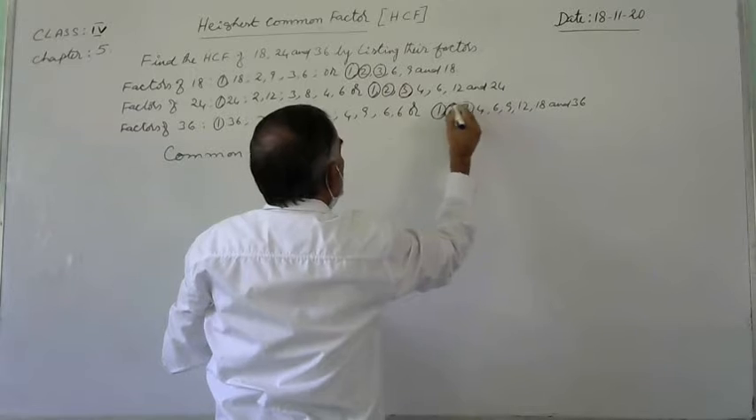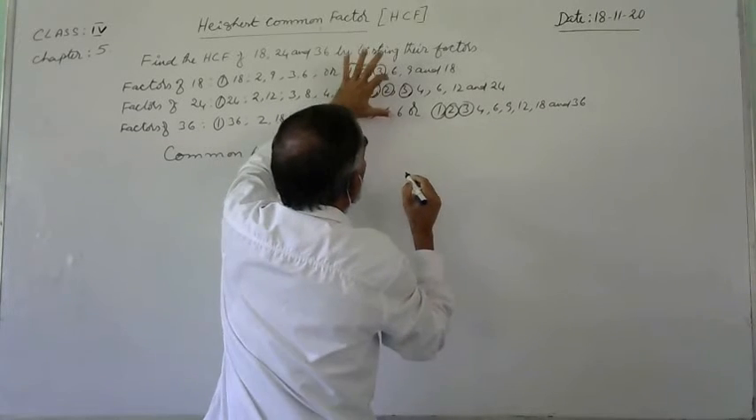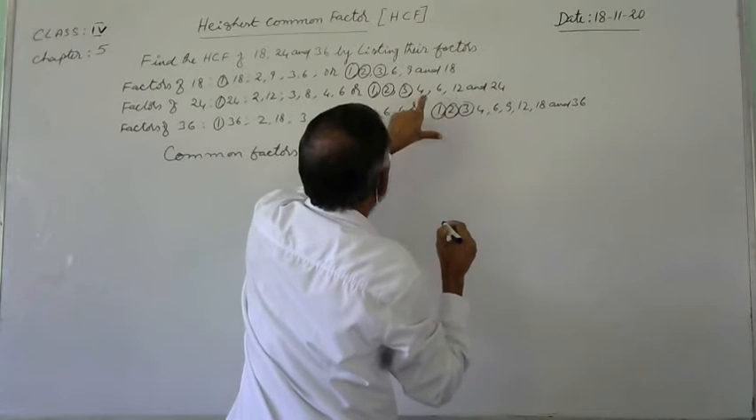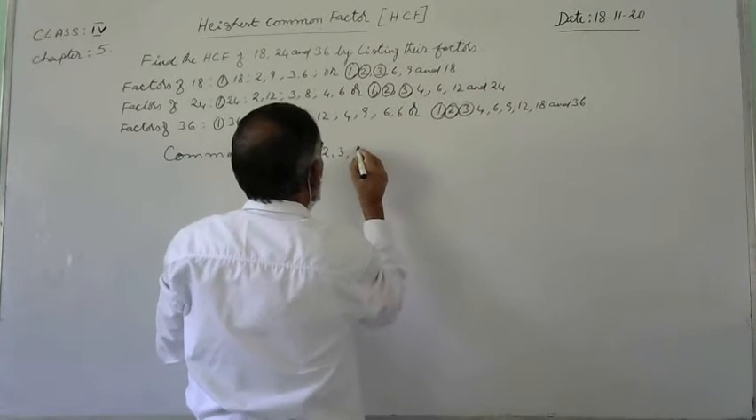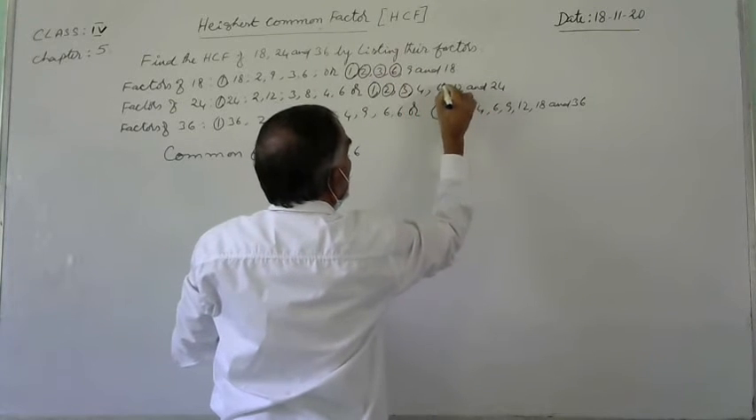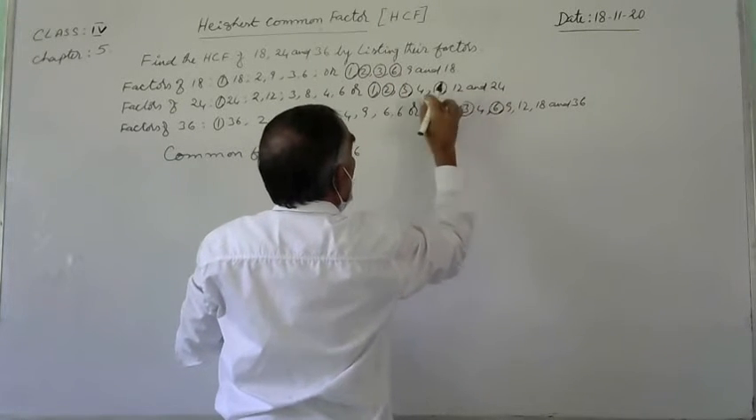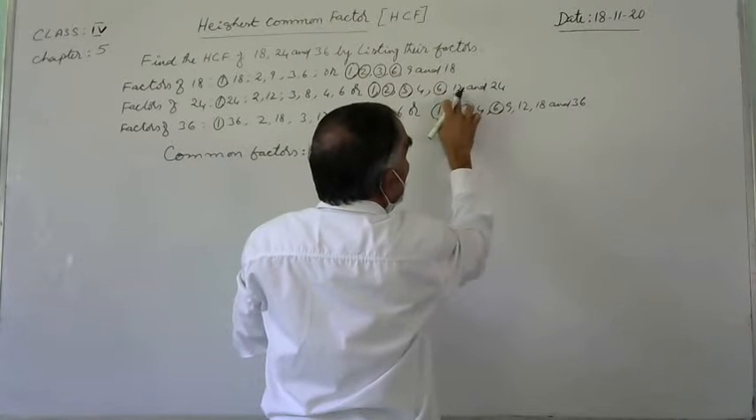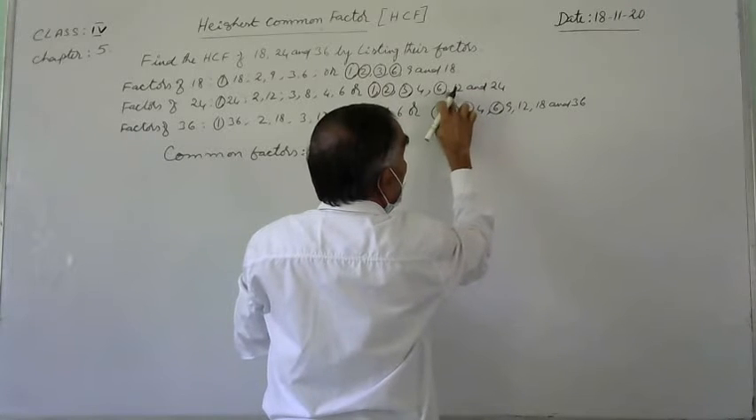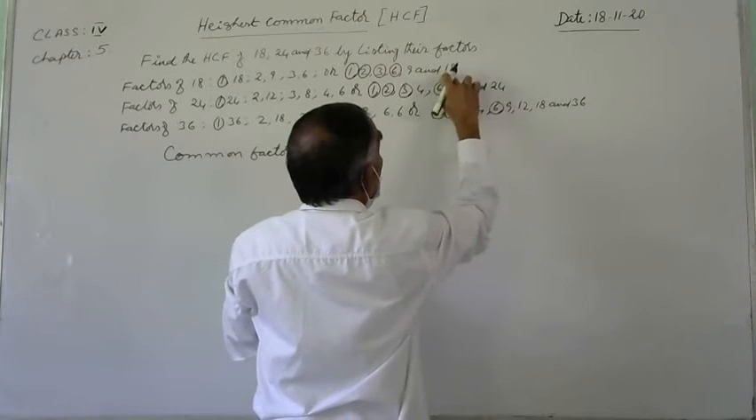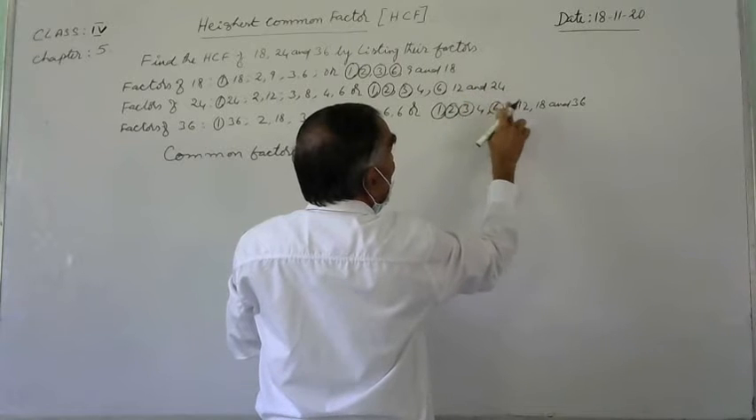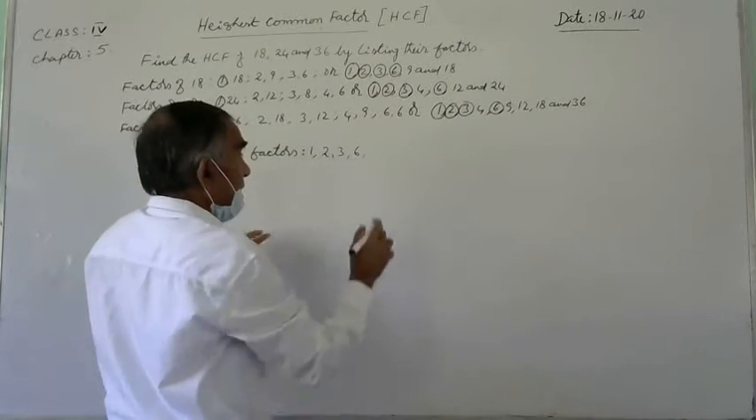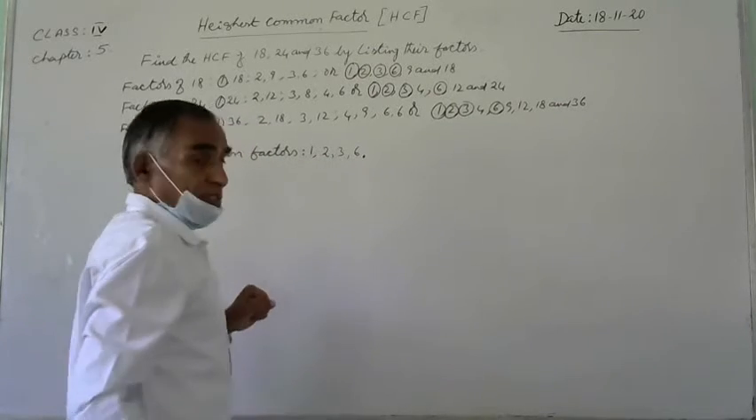Then 6. 6 is common. But 4 is here in these two, and 4 is not common, because 4 is not present in the first number. 9 is here, but 9 is not common. Then next, 18. 18 is present here, but 18 is not present in the other. These are the common factors of